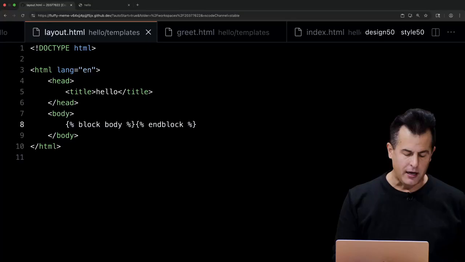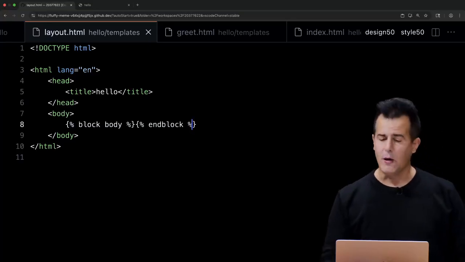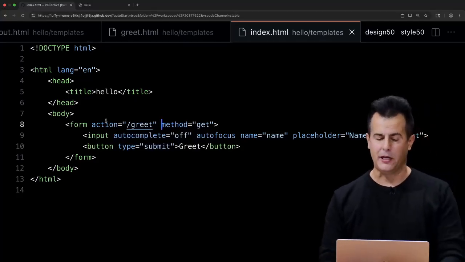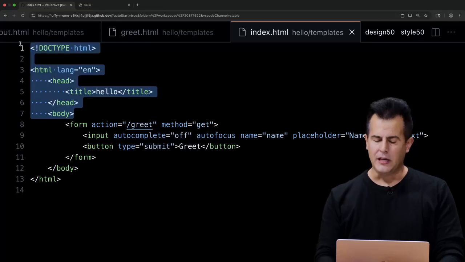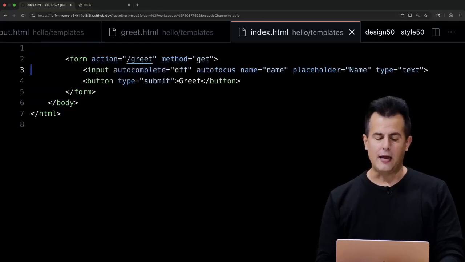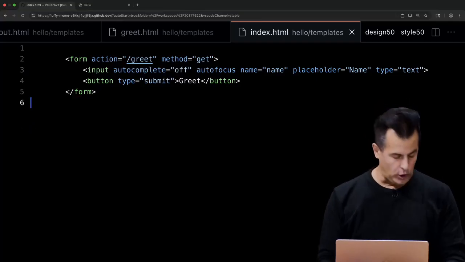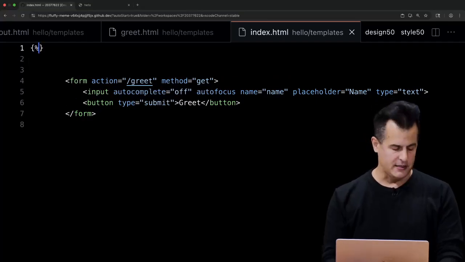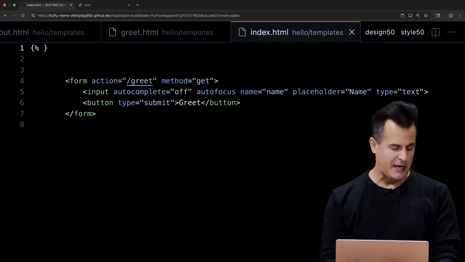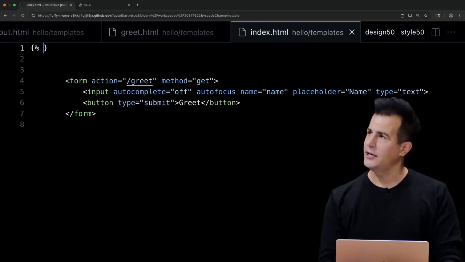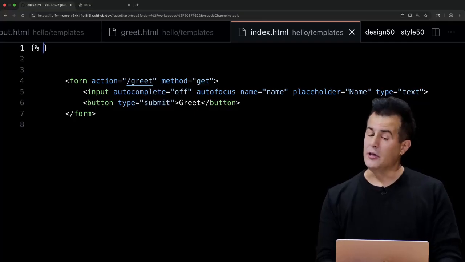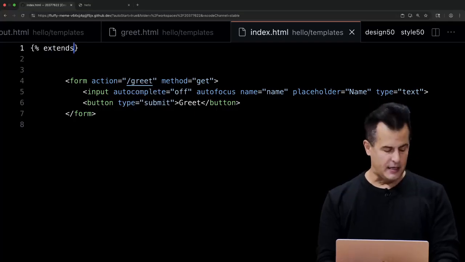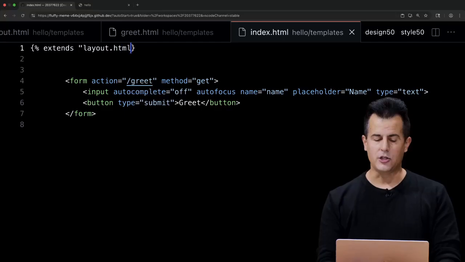And how do I do that? Well, let me go into index.html, which at the moment is a little duplicative in that it's got all of this boilerplate. So you know what? I'm going to go ahead and delete everything that is already in my layout, both above and below that web form. And now I'm going to use a bit more Jinja syntax. This too takes a little while to memorize or copy-paste. But if I want index.html to use the layout.html blueprint, I can simply say extends layout.html,